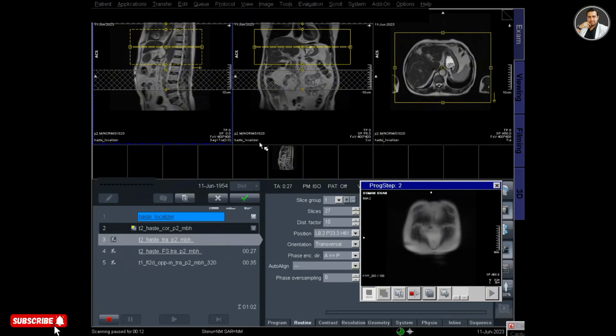Yeah, that's it. T2 HASTE coronal scan has finished, and now scan is paused.